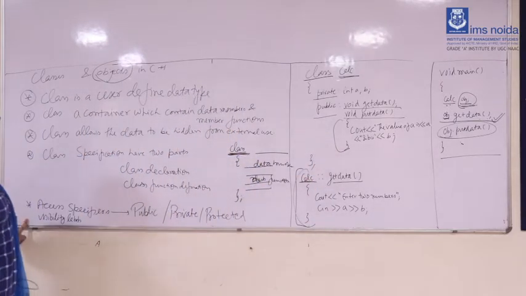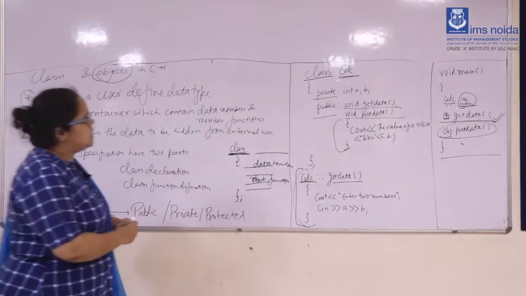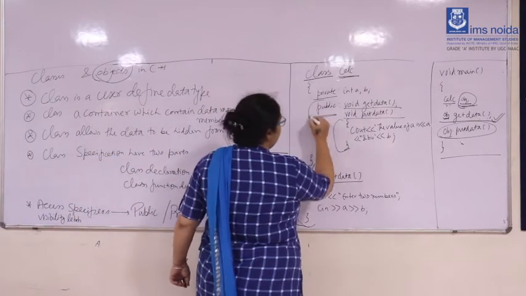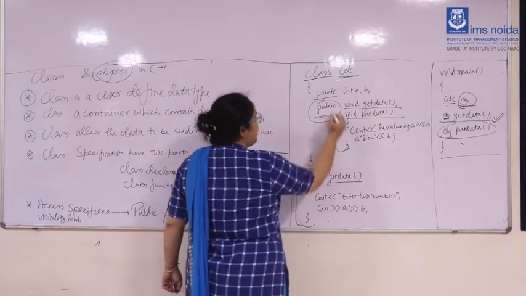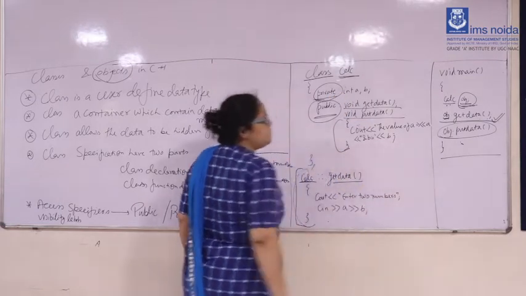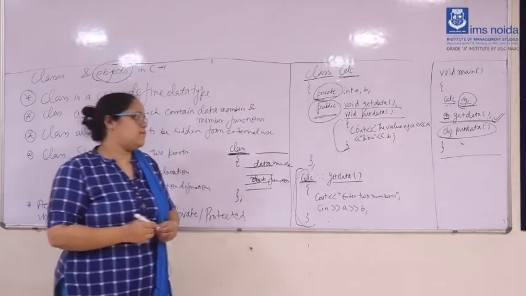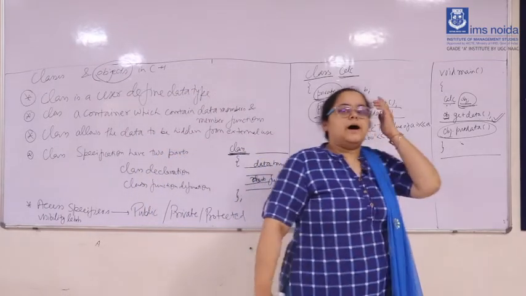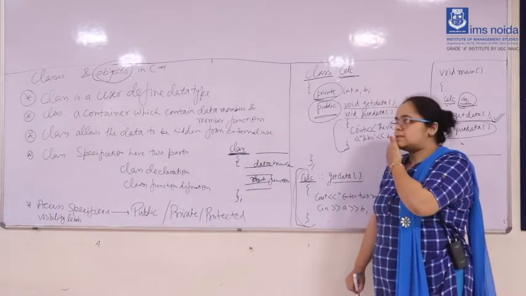Then we have access specifiers, or you can say visibility labels. So this is public, that means you can access it outside the class, and this is private, you can use it here and you can access it from the level of object. In these classes you will learn about several others